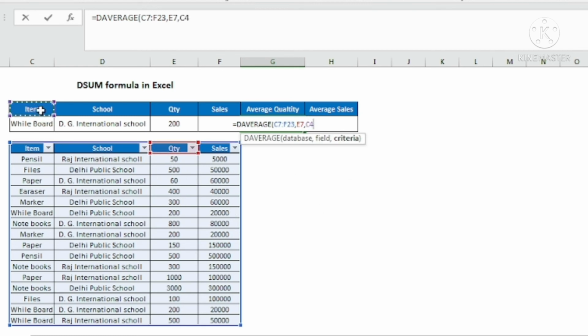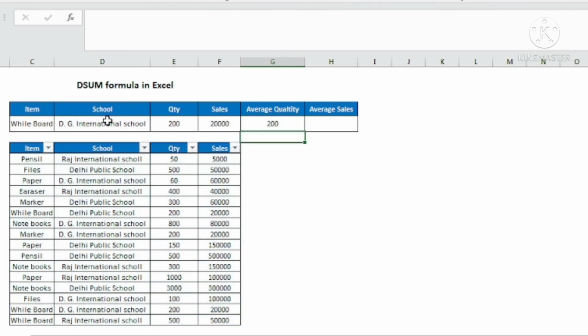Now I am going to give both the criteria for this average and then complete the formula. So the average quantity sold for whiteboard for DG International School is 200, because it was just one cell. Similarly, if I want to see any other particular item, I can go ahead and select that item. That way I can find out the average quantity sold.